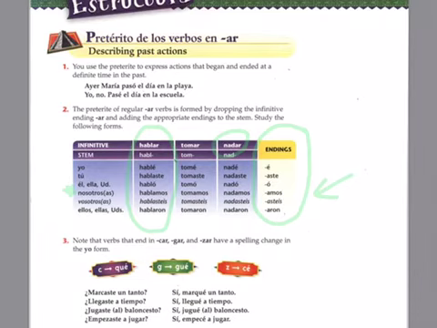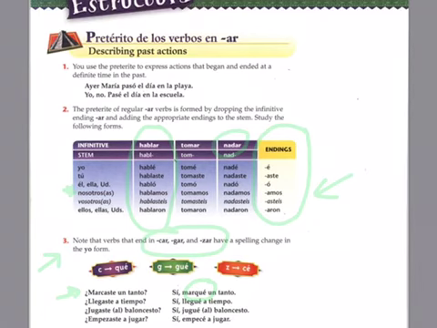One more small thing to add today and moving forward is if the verb ends in, as the number 3 says, car, gar, zar, only the yo form, just for yourself, if you say that I did these things, you have a bit of a different set of endings. For example, this first example says marcaste un tanto. Did you score a point? When you say that I scored a point, instead of marcé, which you normally would do, you have marqué un tanto. So you have these different endings. It's a different set of endings here only for the yo form.